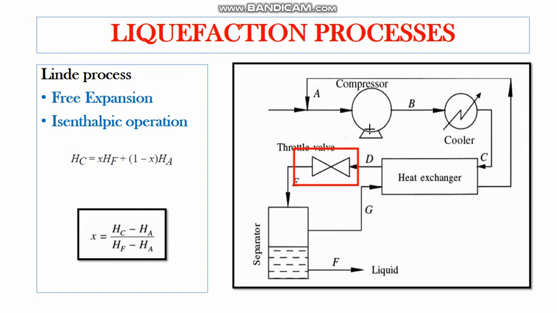So it is an isenthalpic process. I'm taking Hc. So Hc will be equal to, here x is nothing but the fraction of gases liquefied, with respect to Hf, and the remaining unliquefied gases are sent back to A. So (1 minus x) represents the unliquefied gases, that is (1 minus x) into Ha. Okay, so this part is a